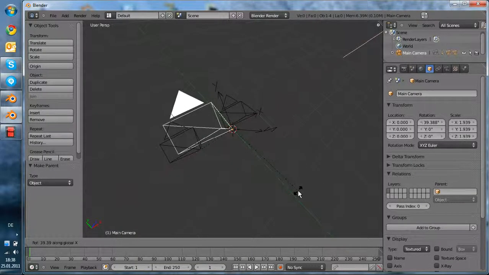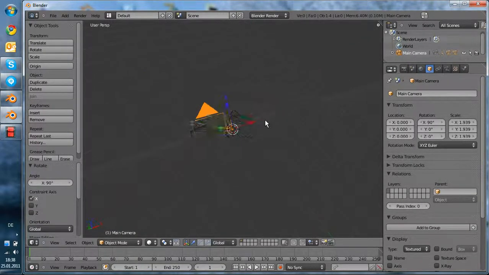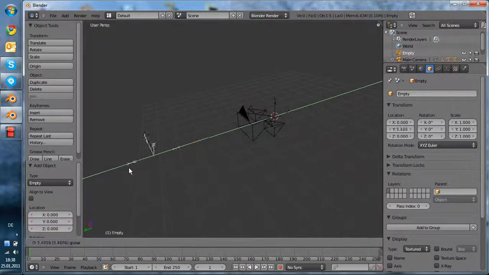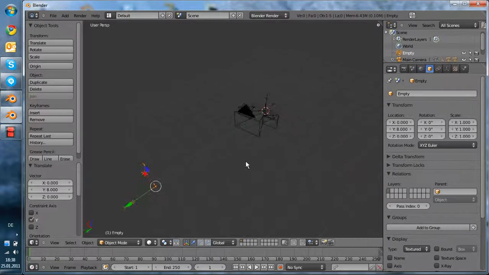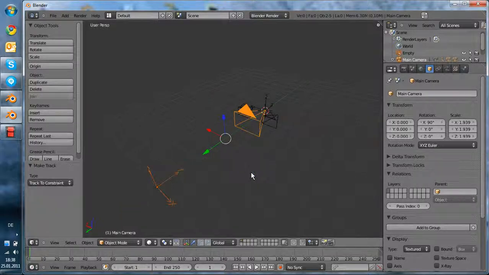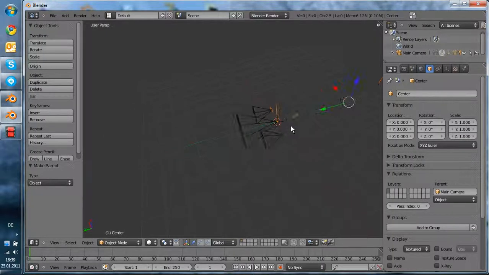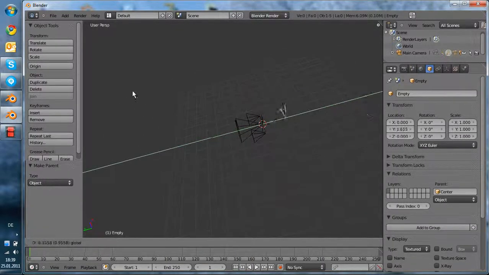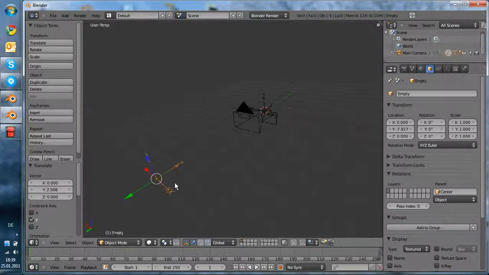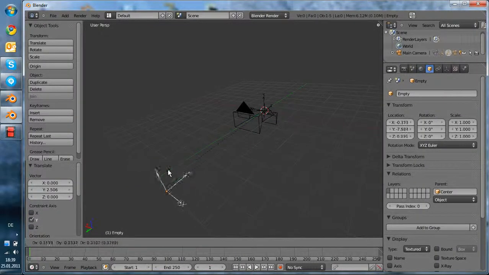Now rotate the camera by 90 degrees, so we have it correctly parallel to the ground. And after that, add another empty, which I move here in front of the camera. This empty should always track to my camera and should also be parented, but I will parent it to the object, otherwise there would be some problems. Okay, so now you can see as we move it around, it will always keep track of